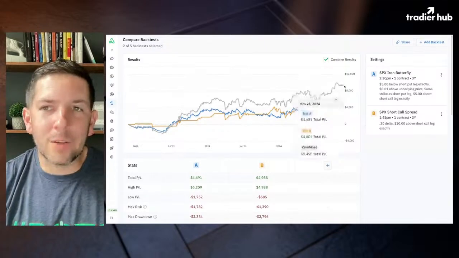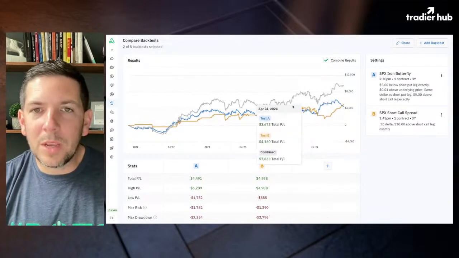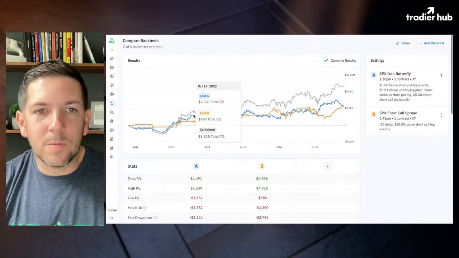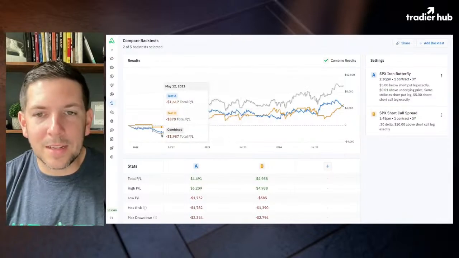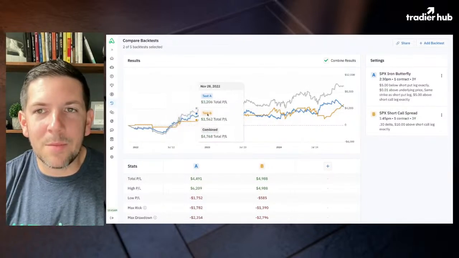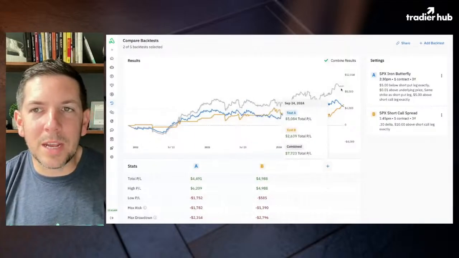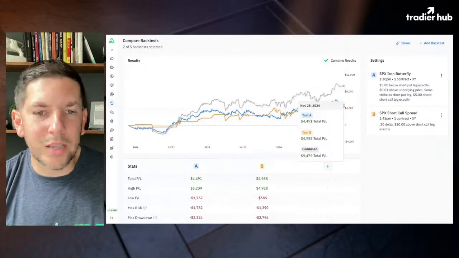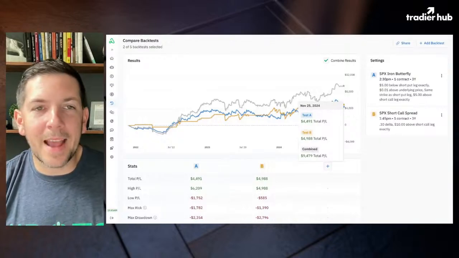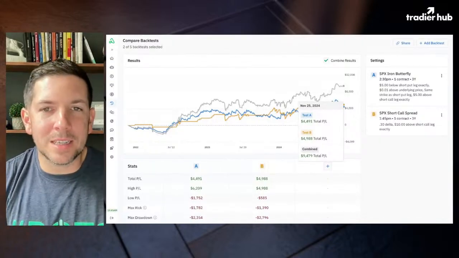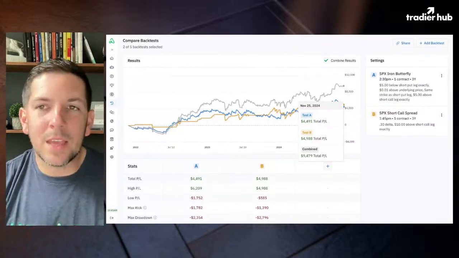So now if I hit combine results, these results are pretty good. The P&L curve is very manageable. You definitely went through a drawdown early on. That's okay. Manageable, but it stayed pretty consistent. You didn't have these insanely wild swings. You end up being net positive where you had two strategies going simultaneously. That's really good. That's what you ultimately want, is something that you feel comfortable with, that you might want to turn